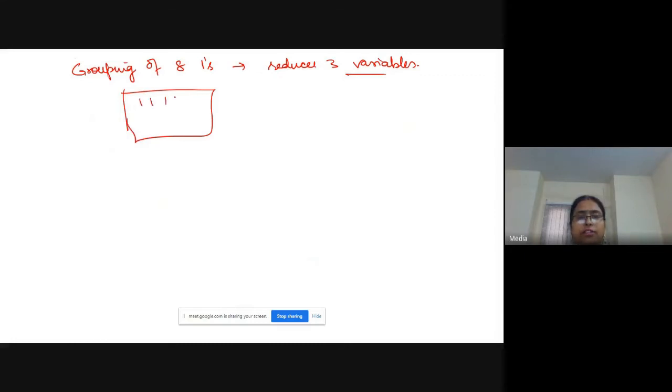Next is grouping of 8 ones. Grouping of 8 ones reduces 3 variables, right? As the name suggests, you will get 8 ones. And when you pair the ones, priority will be from higher to lower.